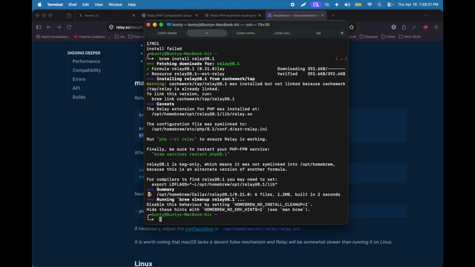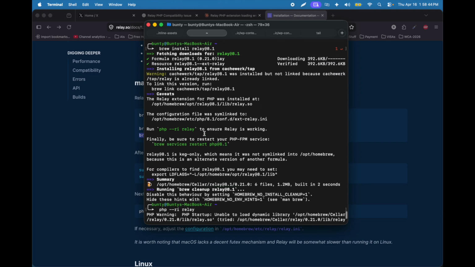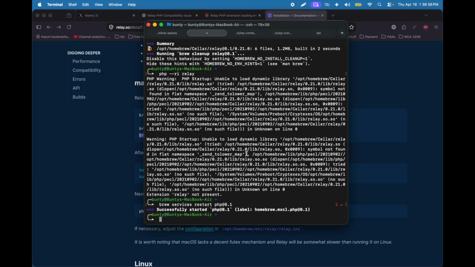Okay, Relay is installed, so run a check to ensure whether Relay is working. It still says Relay is not working. So finally, be sure to restart PHP-FPM. So let's restart it. Okay, successfully restarted. Now